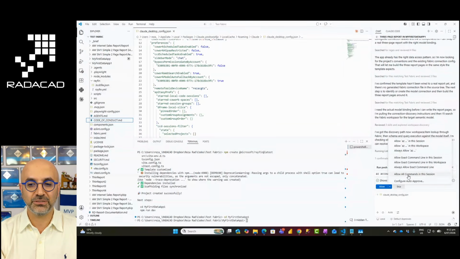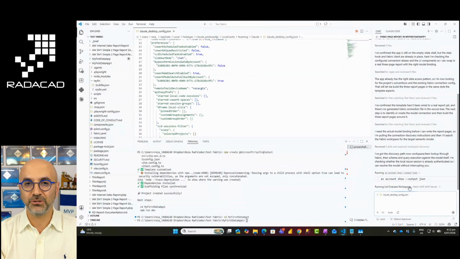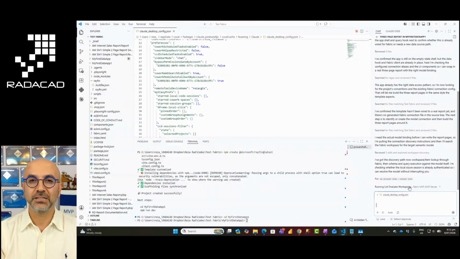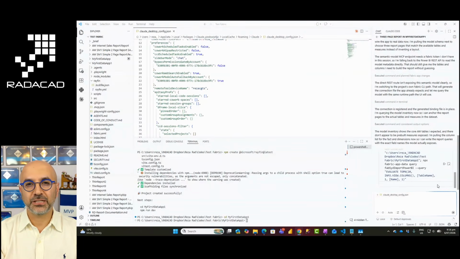You can do this, but be careful to do it only in workspaces that are, let's say, your development workspaces. You don't want to give AI access to do any modification in the production workspace. So it is quite critical to make sure that you have done that. And this will also go through an authentication process as well, but because I have been through that already, it doesn't ask me to do it again. As you can see, this is